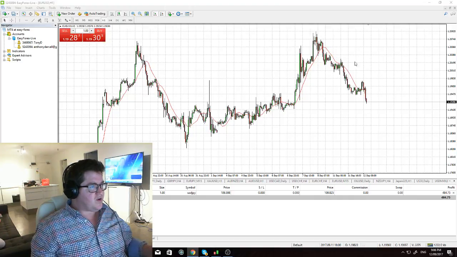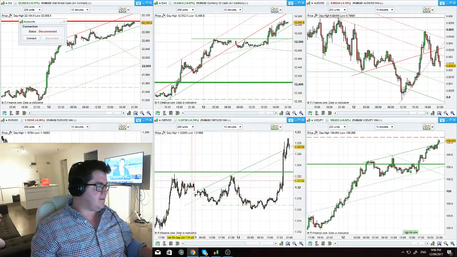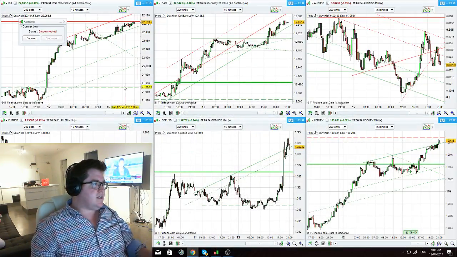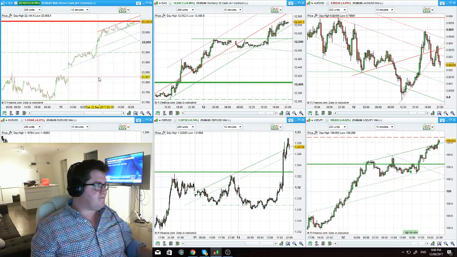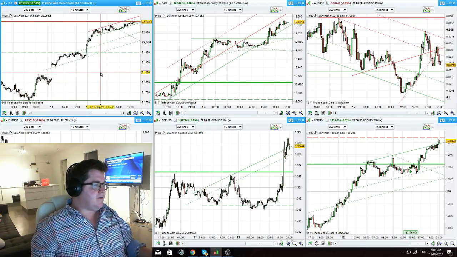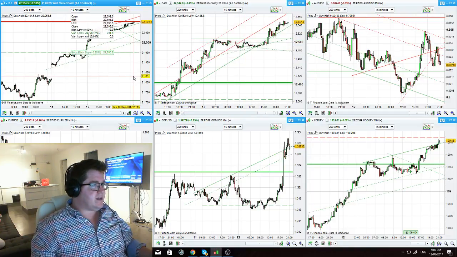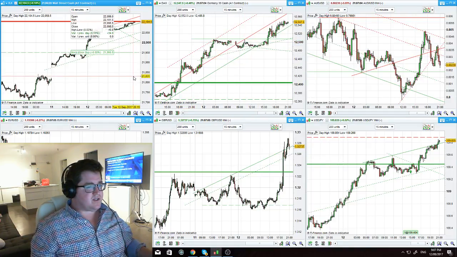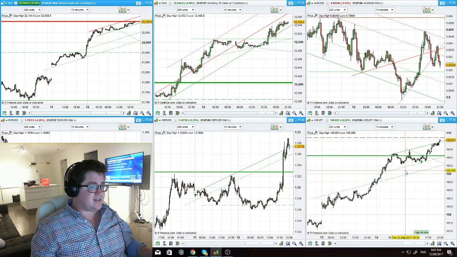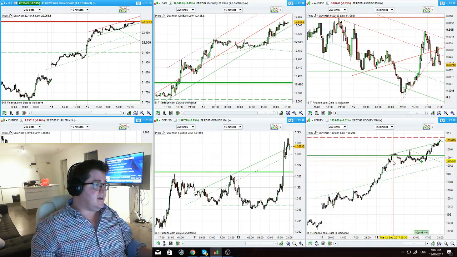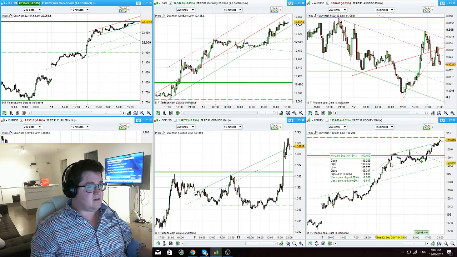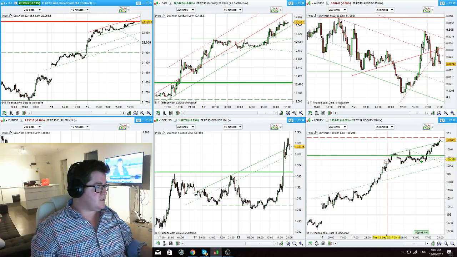Now, obviously North Korea can come back and you can get some heavy selling coming through in risk and stocks, but stocks since the open have been on a stellar run. Fresh highs in the S&P, DAX back above 12.5. Really relentless rally going on in stocks. Risk is really on. Dollar yen looks like it's going to test 110 quite comfortably today. If it breaks 110, then the whole structure changes a little bit in this US dollar.